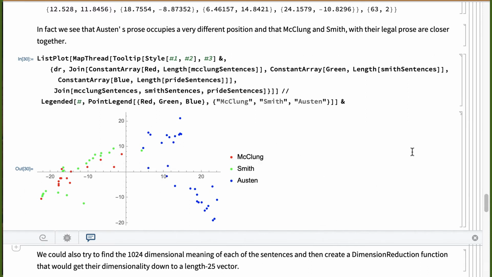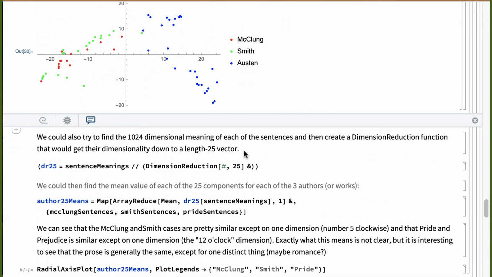But again, I think that's pretty neat that GPT-2 can, even with all of these reductions in dimensionality, kind of see that legal language is different than whatever you want to call it, 19th century novel language, and that even cases about religious liberty, green, are maybe different from cases about the scope of Congress's power under the Commerce Clause, red.